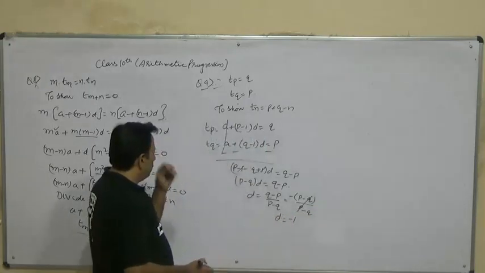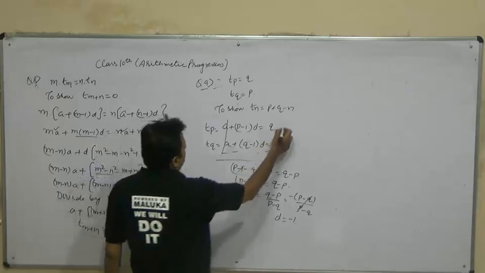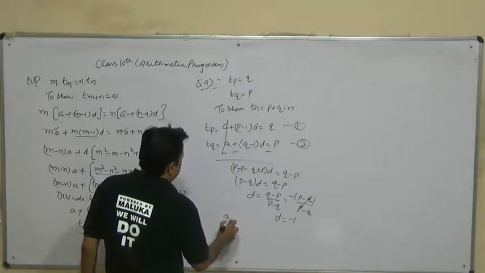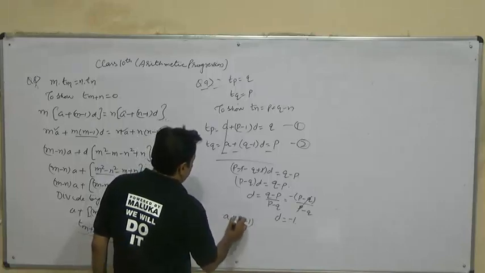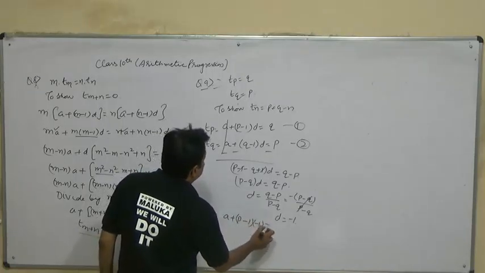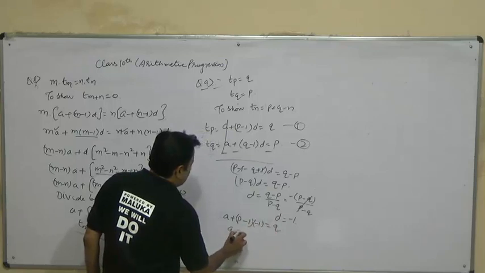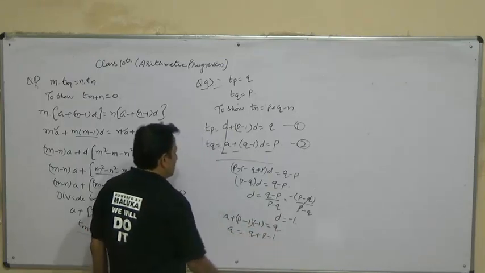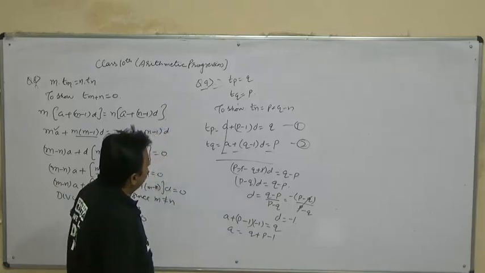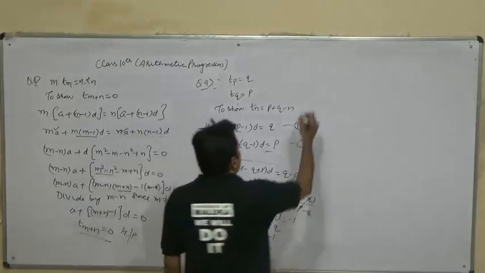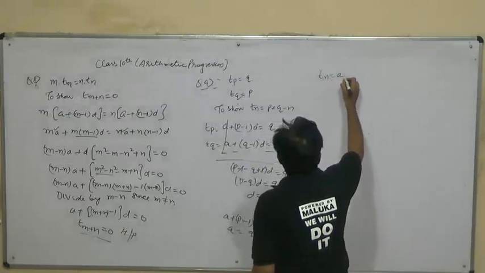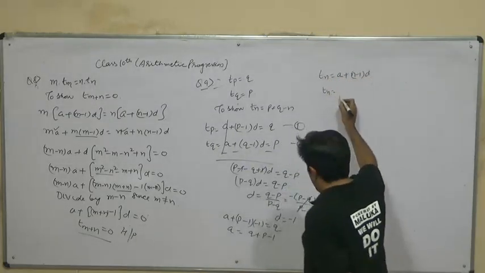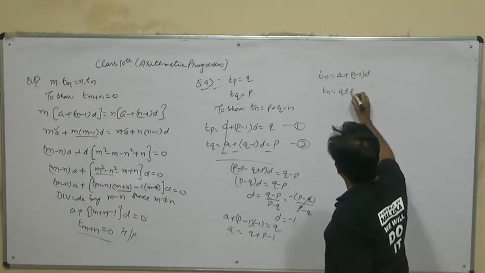Now we find the value of a by substituting the value in 1. So Tp is a plus p minus 1 into d, d is minus 1, is equal to q. So a is equal to q plus p minus 1, which is a. Now what we want to find? Tn. So Tn will be equal to a plus n minus 1 into d. So Tn is equal to a, which is q plus p minus 1,